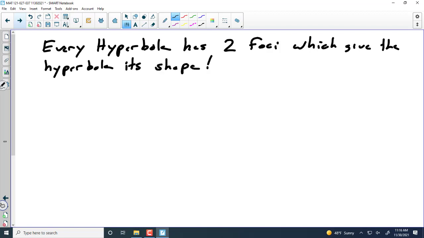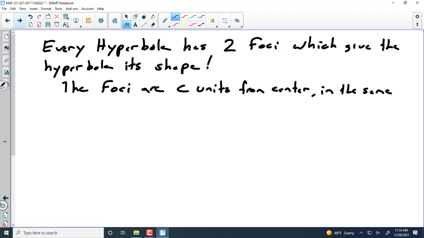Every hyperbola has 2 foci. They are what gives the hyperbola its shape. It's how we define the shape of a hyperbola. The foci are C units from center